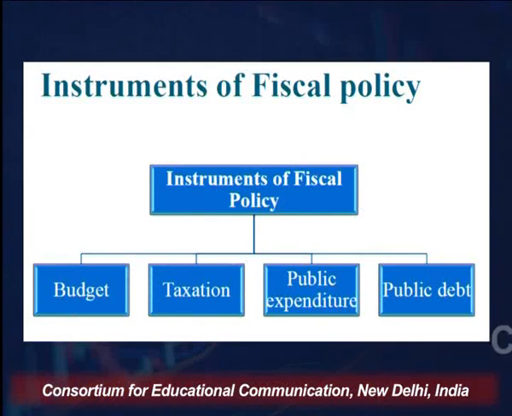on a growth path. And to achieve these objectives, like an increase in national income, an increase in the growth rate of the economy, reducing the inequality of income or increasing the employment opportunities for the public, there are different instruments of fiscal policy which the government can use to achieve these targets of the policy. Now, what are the different instruments? The different instruments are budget, taxation, public expenditure, public debt, and various others, mainly covering taxation.